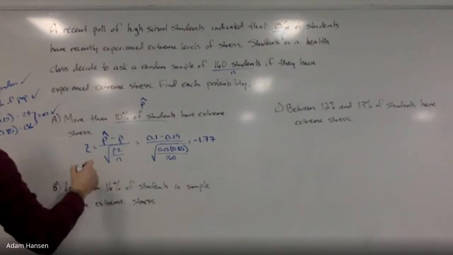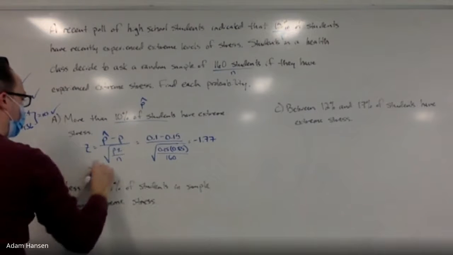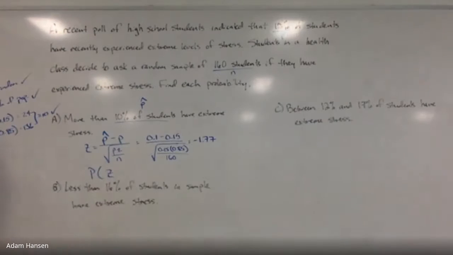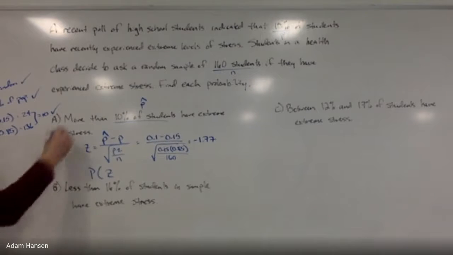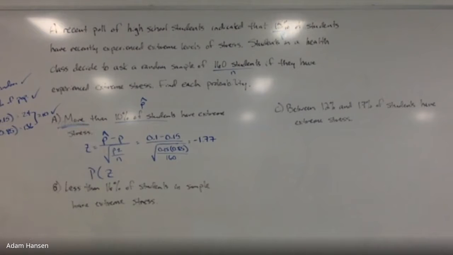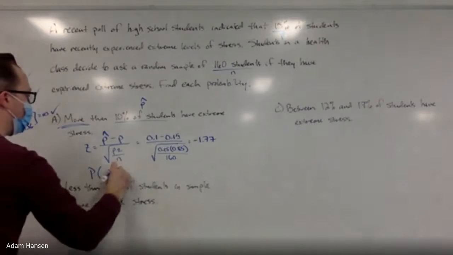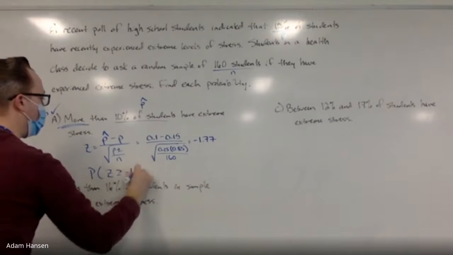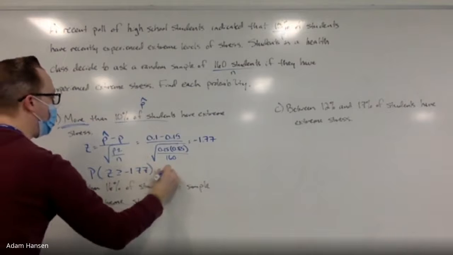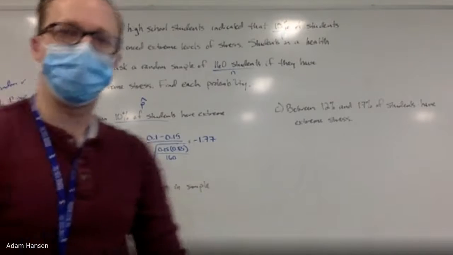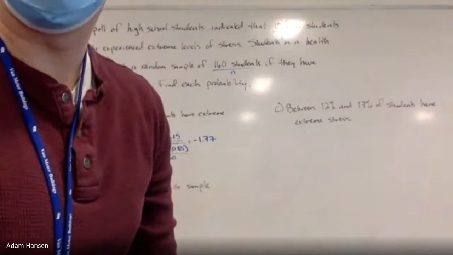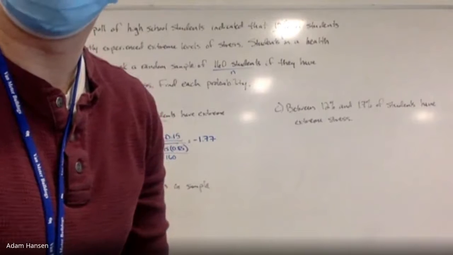So let's go ahead and look up the probability of a z-score that is what? Greater than negative 1.77 or less than negative 1.77? Greater than, because it's more than 10%. So if you go to your z-score formula sheet,